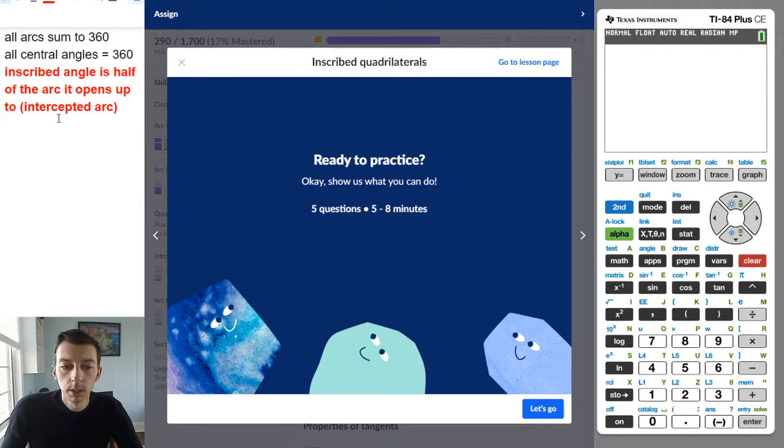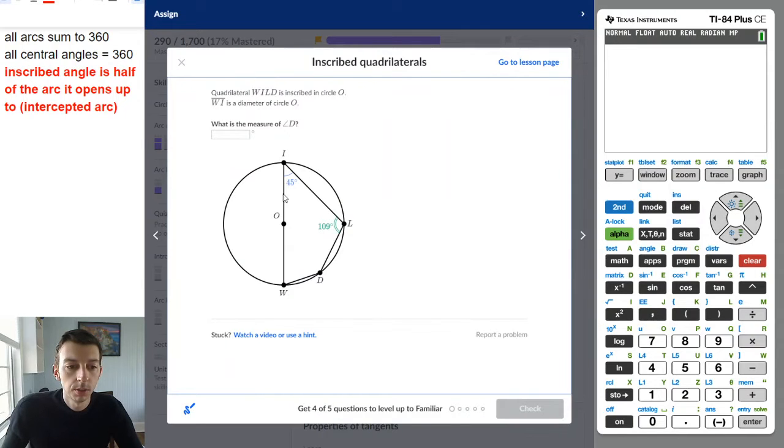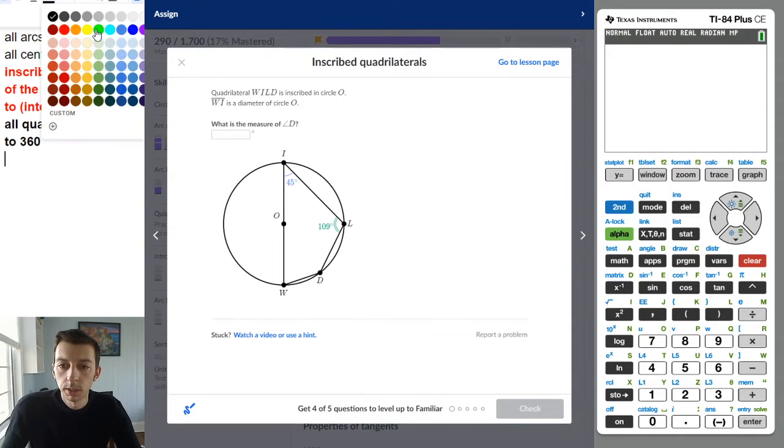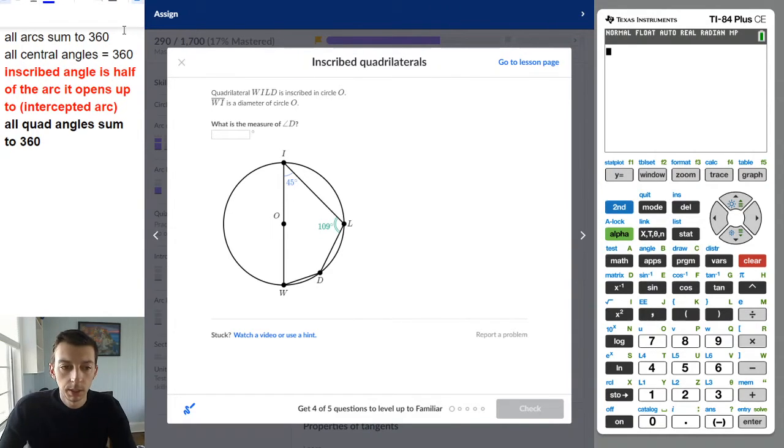And one thing to note when we're working with quadrilaterals is, first of all, remember that all the angles in a quadrilateral add up to 360 degrees. So we know that first. So all quadrilateral angles sum to 360 degrees. So we know that. Now, one other thing, if you watch the lesson on this topic, is that opposite